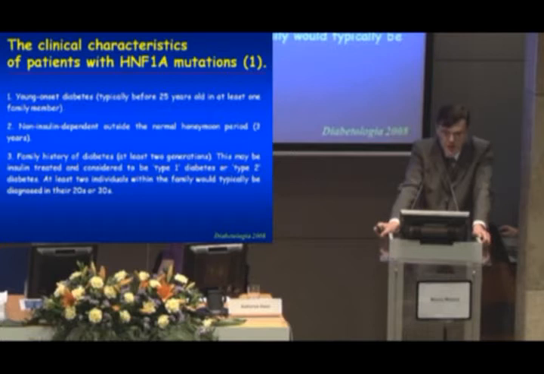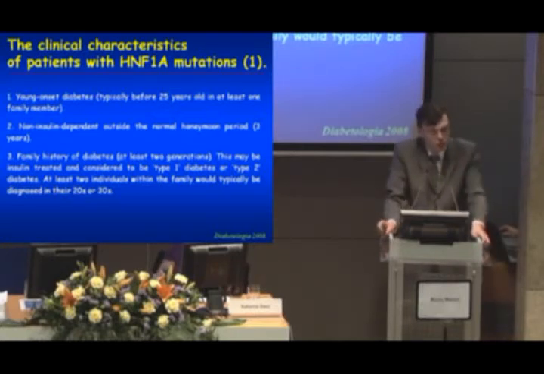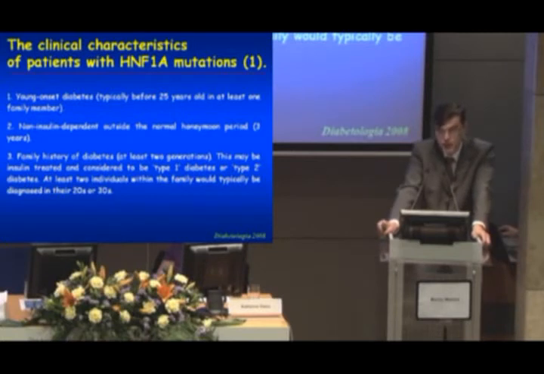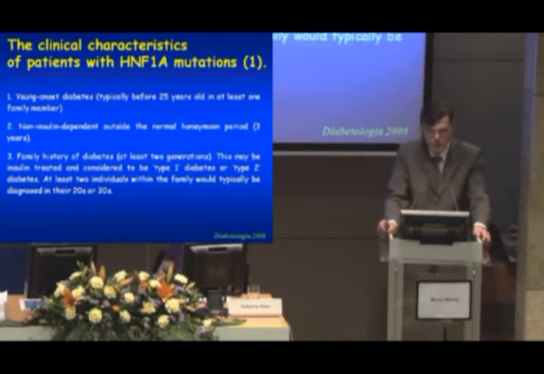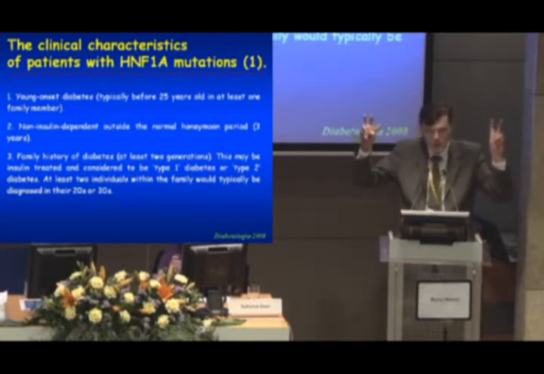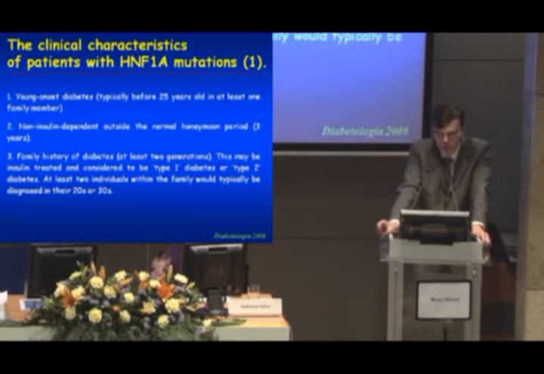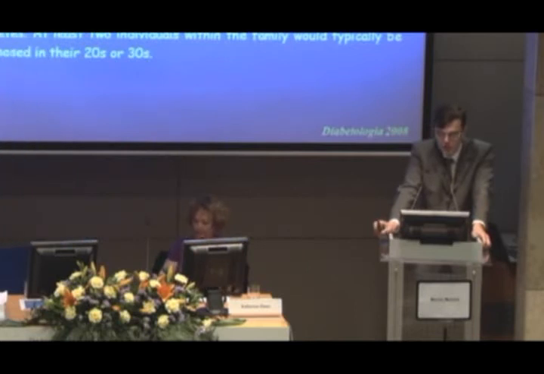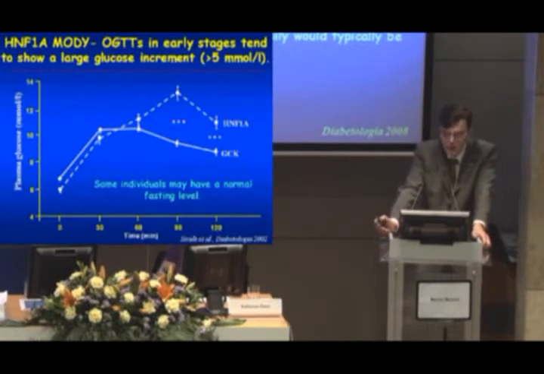So this is young onset diabetes, usually in the second or third decade, non-insulin dependent outside the normal honeymoon period, and almost always a family history of diabetes is present, frequently in 2, but also in 3 and more generations. This may be insulin treated and considered again to be type 1 diabetes, in parentheses, or type 2 diabetes. And usually when you see the family, at least 2 individuals within the family would typically be diagnosed in their